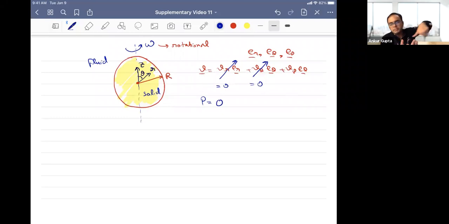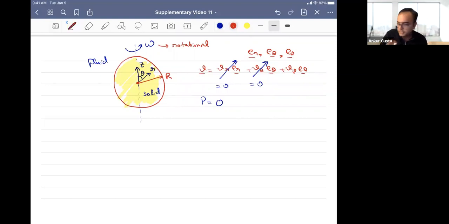In cylindrical geometry, there are also plates rotating in that problem, and the problem guides you on how to prove that the pressure is constant and the velocity is 0. But it's a unidirectional flow, and the simplest way you can think about it is that v_phi is the natural velocity direction. There is no reason for the velocity to go in r or in theta. Basically, it should just rotate as the solid is rotating. If you believe this, then this is a unidirectional problem. You can prove it formally, but that's not something we are going to do in the problem.